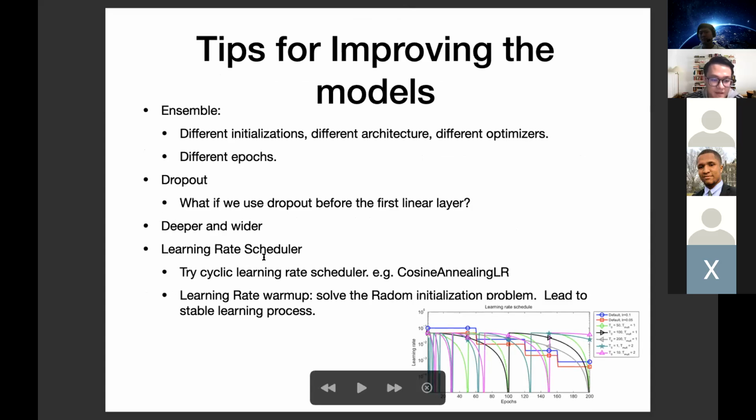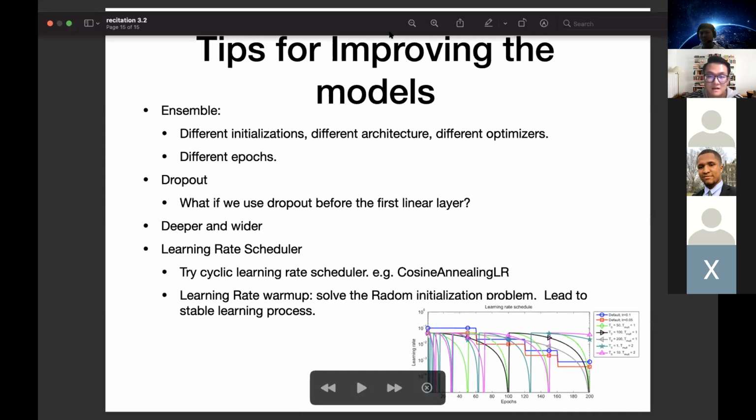You can also use a learning rate scheduler like the cosine annealing learning rate scheduler or others. And if you have a problem with random initialization, maybe you need to use warm up for your learning rate, and you can get a stable learning process. So I think that's all for